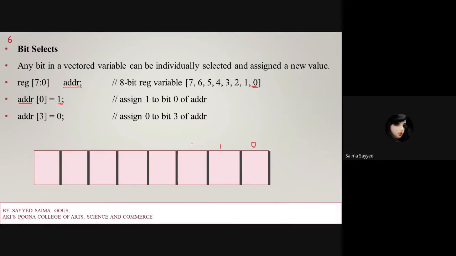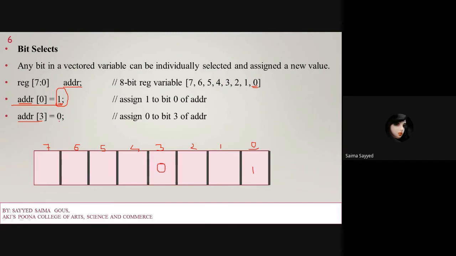This will be 1, 2, 3, 4, 5, 6, and then 7. So this is an 8-bit register. Here we have to store these numbers. At address 0, at the 0 position, I have to store the value 1. So here I will write 1, and then at address 3, I have to add 0.